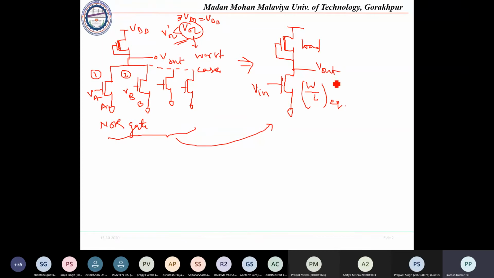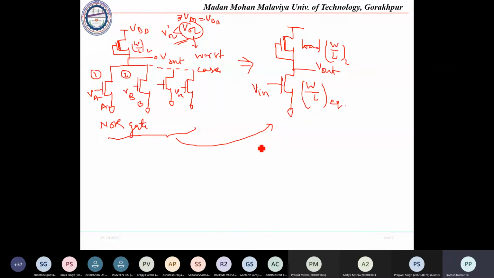So if this is the case, where we are going to implement a gate that is having n inputs, suppose this is Vn, then if this is implemented as an inverter, the load part will be the same. Okay, whatever W by L of load is there, the same W by L of load will be here also, but it will be represented by a single driver transistor at the bottom, as in the case of an inverter. So this will be having a W by L value that is represented by the W by L equivalent.